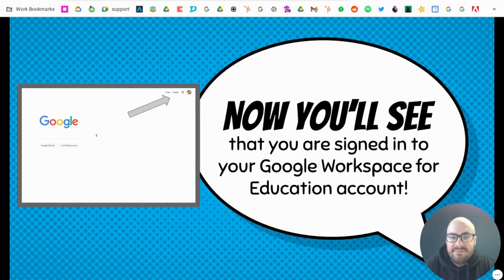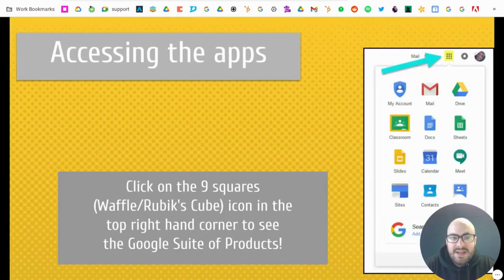Now, you are signed in, so you might see an icon in the corner. It might be your initial. In my case, there's a small logo there, but you're signed into your Google Workspace for Education account. So what I want you to do then is navigate to the waffle, and it's called the waffle or the Rubik's Cube. What I need you to do is click on the 9 dots. It's in the top corner next to the sign in, and that's where you can access all of your apps